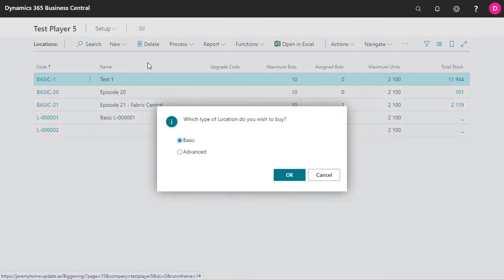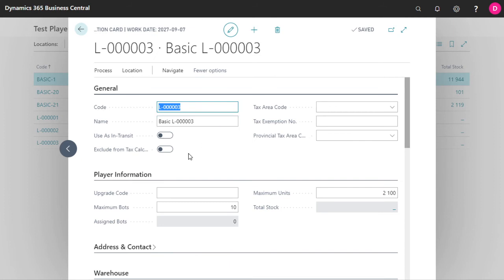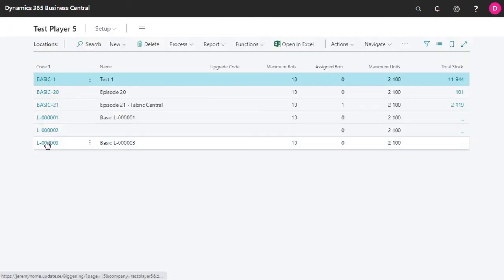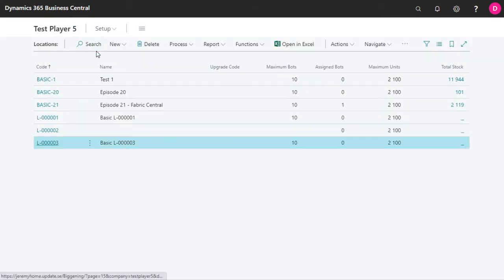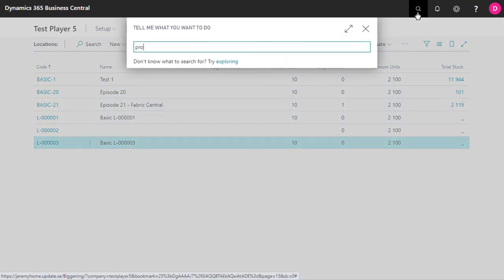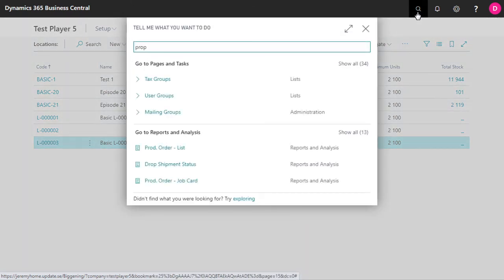Yeah, okay. Buying a basic location, which right now costs nothing and there's no effort involved in it. Okay, so it's a basic location. Maximum units, 2100, and there's nothing else special we're going to need to do about this for now. We are going to go to our prospect table,